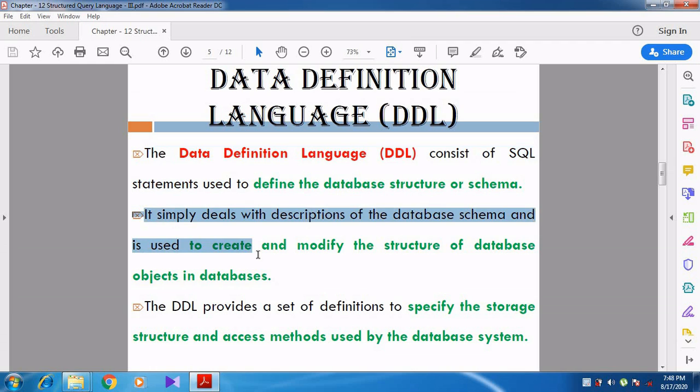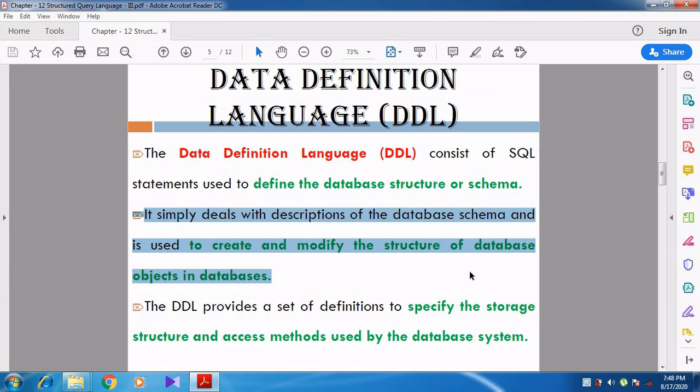It deals with the descriptions of the database schema and is used to create and modify the structure of the database objects in databases. We create and modify the table structure using the DDL. Using this language only we can create the structure.